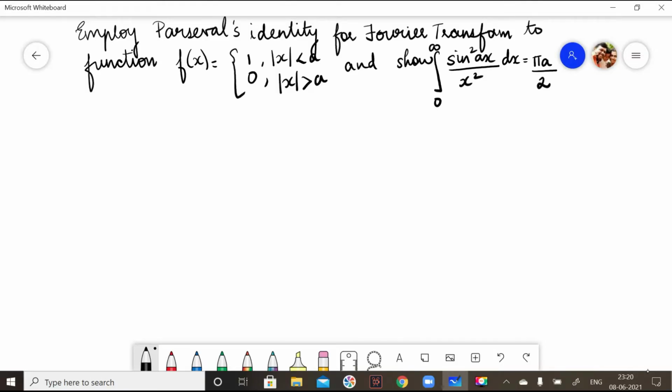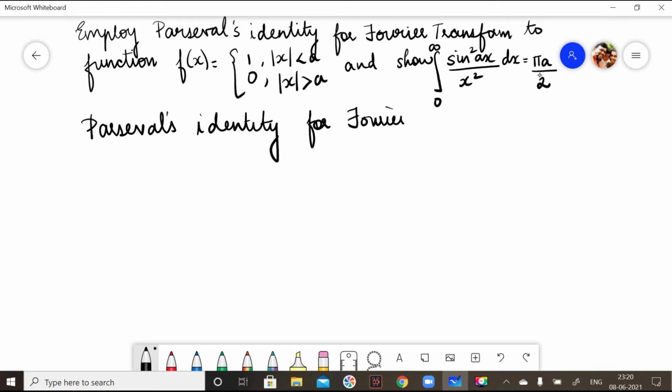Apply Parseval's identity for Fourier transform to the function f of x and show that the integral from 0 to infinity of sine square ax by x square dx is equal to pi a by 2. So what is Parseval's identity for Fourier transform? Parseval's identity for Fourier transform is,